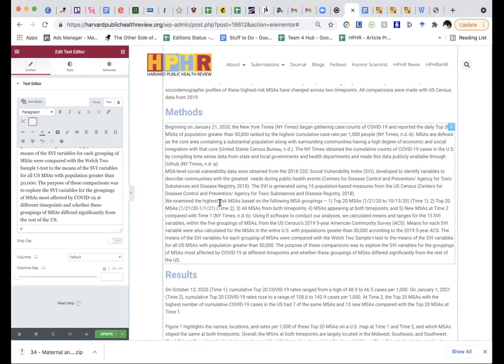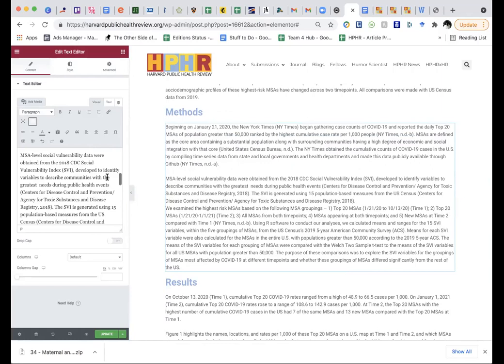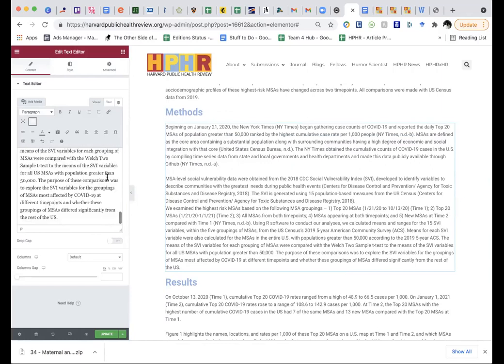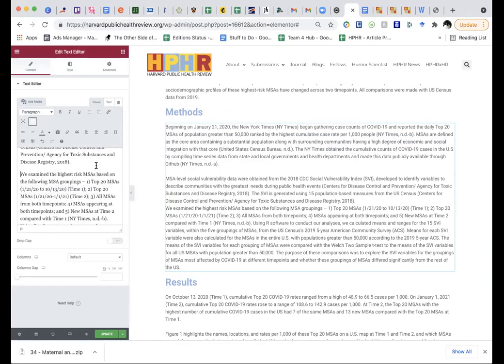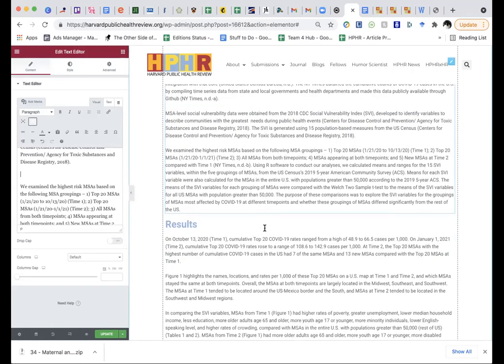You'll probably notice here, suddenly it's just a blob of text. How do you put in the paragraph breaks? You can do it in one of two ways. We're going to do it the easiest way, which is you're just going to go in here and put a return in after the paragraph breaks. You also can go into the back end on the text side and add breaks there, but that is not necessary, and most of the time this works just fine.